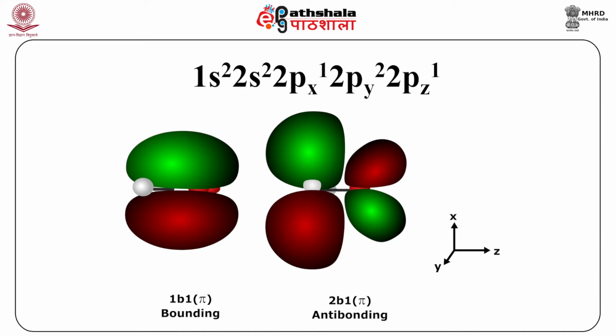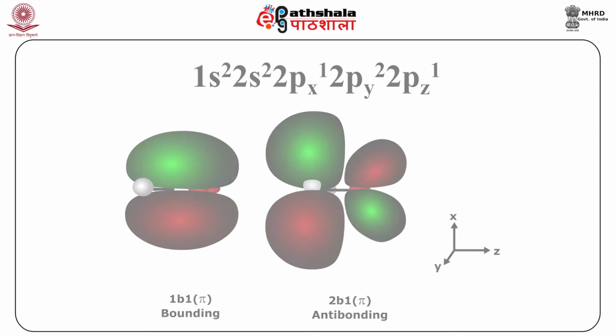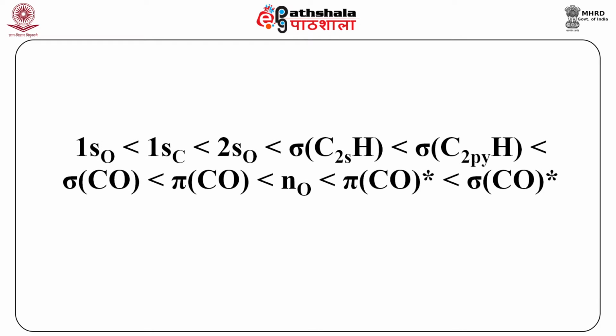Where there is overlap, there is delocalization, that is a bonding orbital, and where there is no delocalization, you find that it is an anti-bonding orbital. And so we can arrange the orbitals as such. The lowest energy orbital is 1s oxygen, followed by 1s carbon, then 2s oxygen, then sigma 2s on hydrogen, sigma 2py on hydrogen, sigma on carbon oxygen bond, pi of carbon oxygen, then non-bonding on oxygen, then the anti-bonding pi